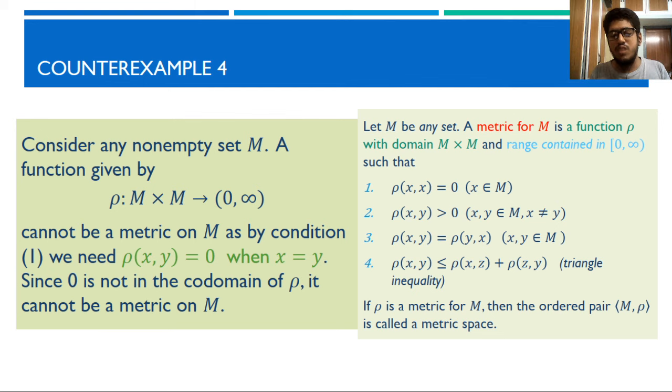Have you ever thought about a definition in detail like this? Most of the times when I ask my students the definition of metric spaces, they'll simply list the 4 listed properties here: rho of x comma x is equal to 0, those 4 things, right? No, it's not. The entire definition is carefully worded, and all the facts given in it are equally important. So this is the power of definitions.